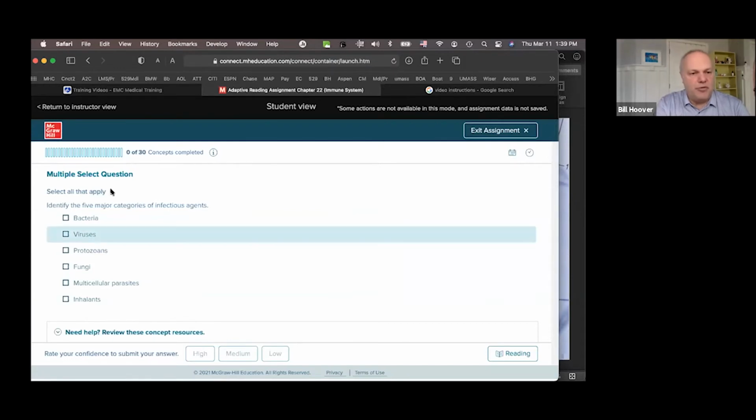So I want to point out a couple of things. One is that you're going to have several different types of questions. We thought in our faculty focus groups it was really important to not just give multiple choice, true/false, and fill in the blank. We wanted select all that apply. We have drag and drops for things like labeling. We have classification questions built in here where you might say there's a word library at the top that might say,